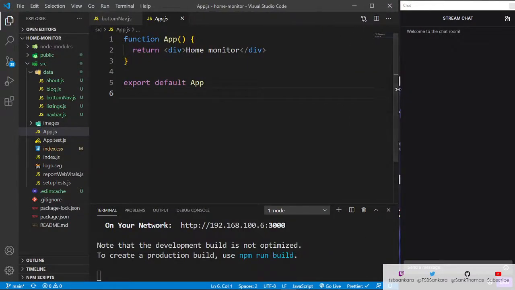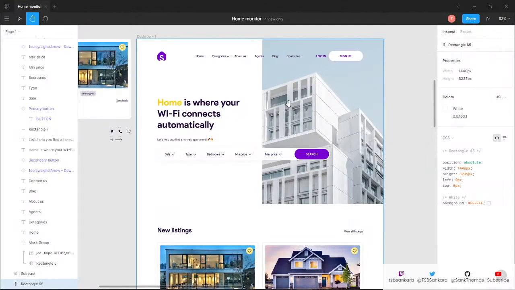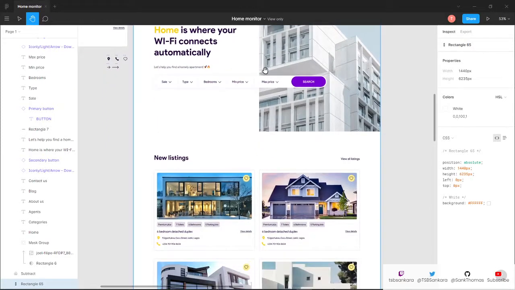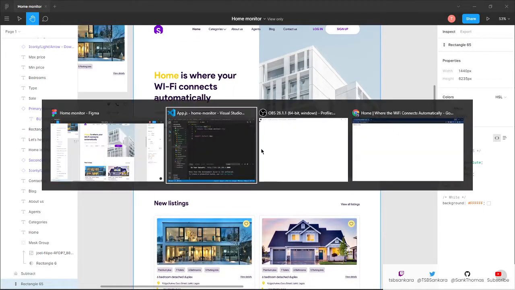We're going to be doing something a bit different today. We have a Figma design and we're going to try and build this out using React.js, so JSX and Tailwind CSS for all our styling. But to get started,